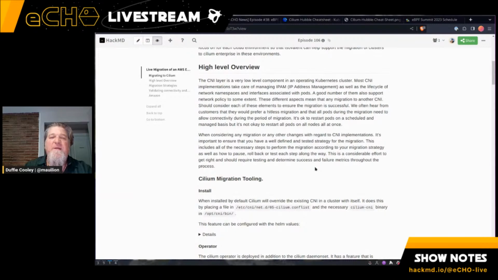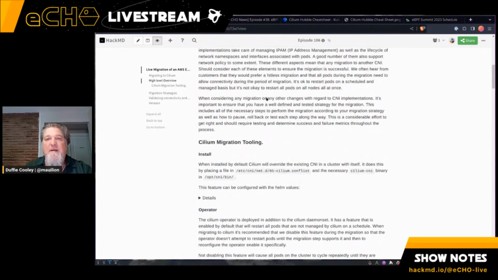At a high level, the CNI layer is a very low level component in operating a Kubernetes cluster. Most CNI implementations take care of things like managing IPAM, or IP address management, as well as the lifecycle of network namespaces and interfaces associated with pods. A good number of them also support network policy to some extent. These different aspects mean that any migration to another CNI should consider each of these elements to ensure that the